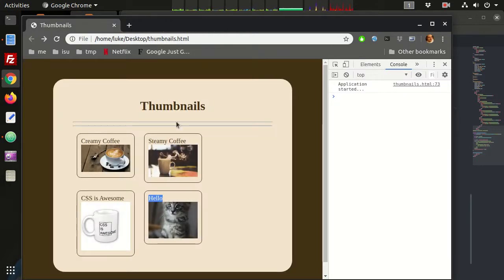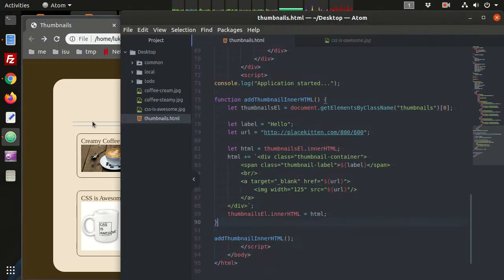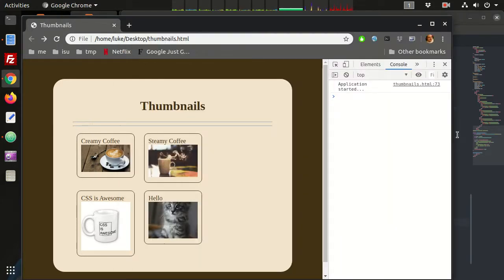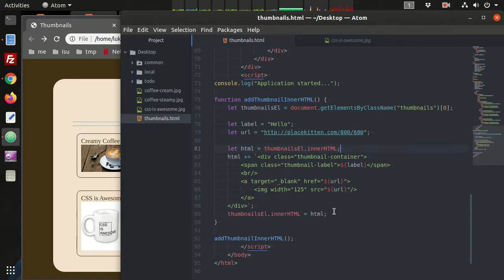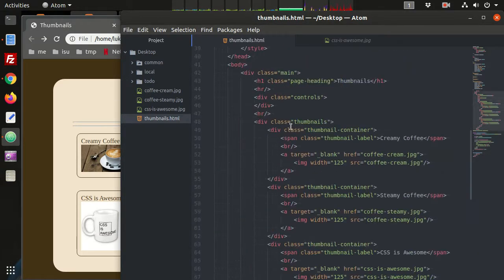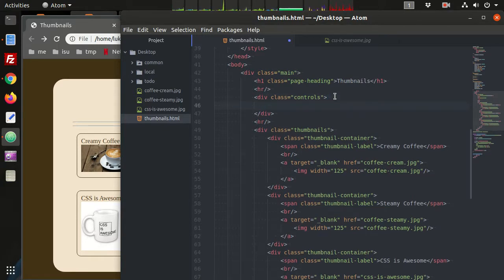Okay, so now what we want to do is, instead of adding this manually, we want the user to be able to have some controls here. You're going to need 2 input boxes and a button to actually add the item. Alright, so let's change this to, well, we're going to be changing that altogether. So first, in our controls section up here, what do we need? We need a label,